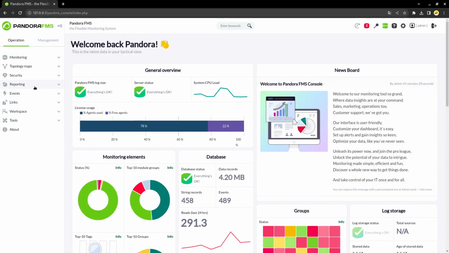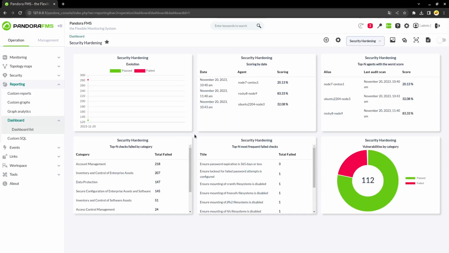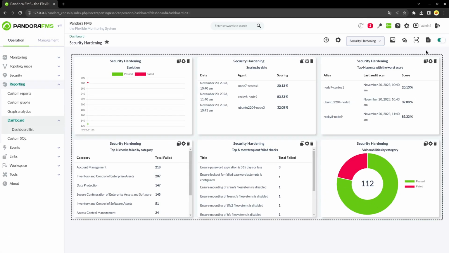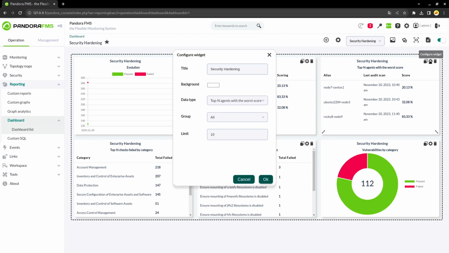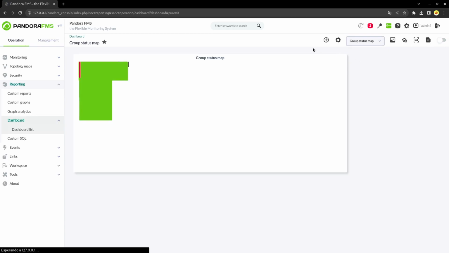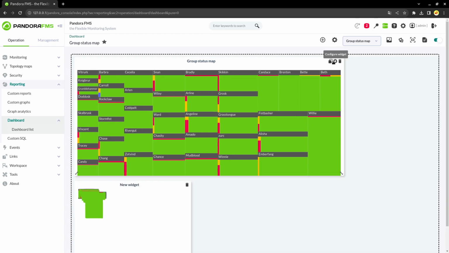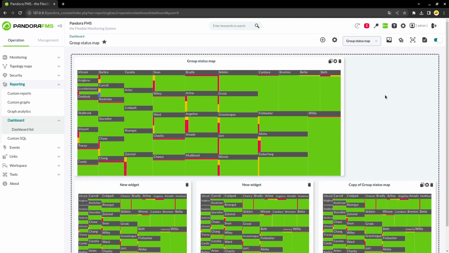In version 773, the security hardening feature was added to Pandora FMS. And continuing with this feature, we added a new widget and several types of new reports to show the information related to the security of your environment. Speaking of widgets, we also added a new widget called Group Status Map that lets you see agent status and models in a group on an interactive map in real time. We also added the ability to clone widgets within the dashboard itself to streamline tasks in case you use them